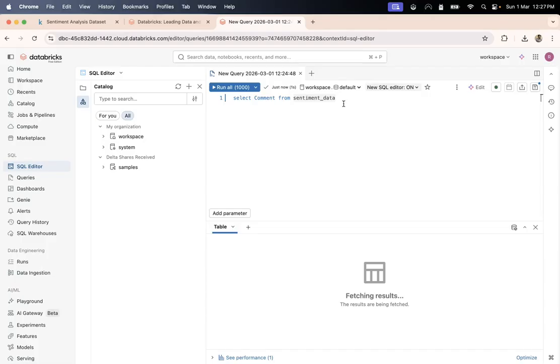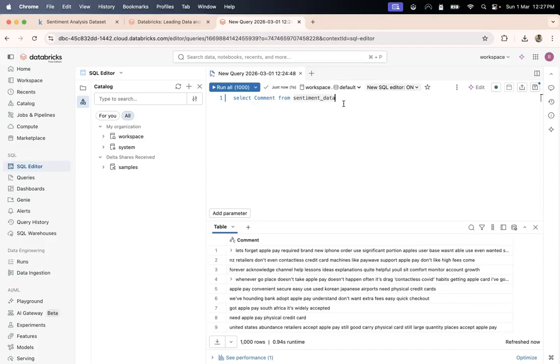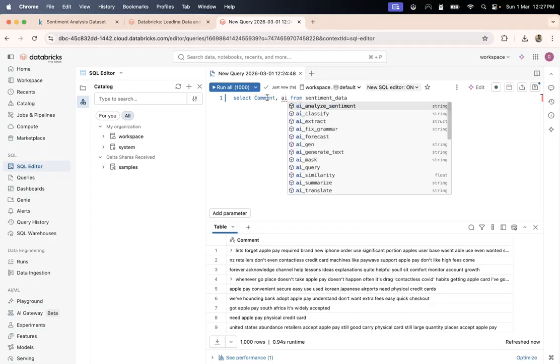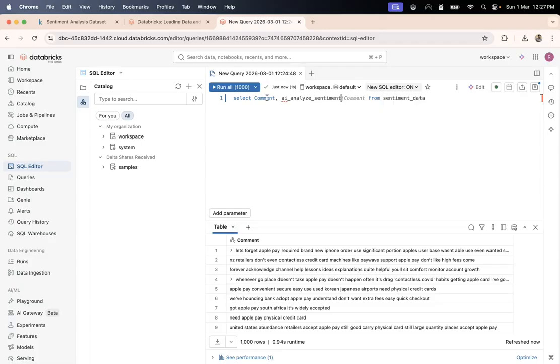After loading these comments, now I would like to apply sentiment on it. I will do a comma and call this function, and it makes it really easy. AI analyze sentiment. I will provide the comment, that is the column for which I want to get the sentiment, and then I can also provide an alias as sentiment of comment.